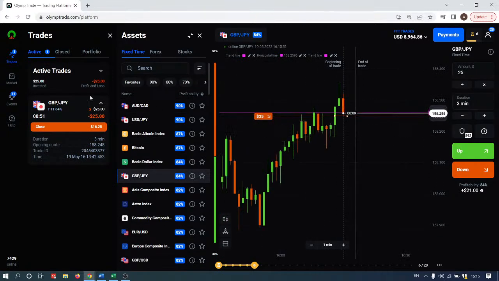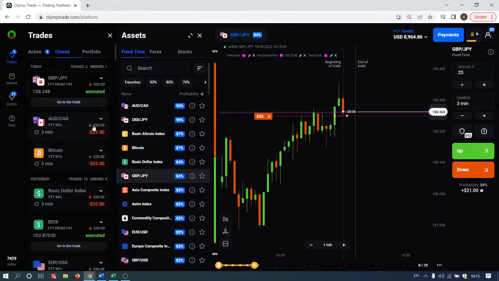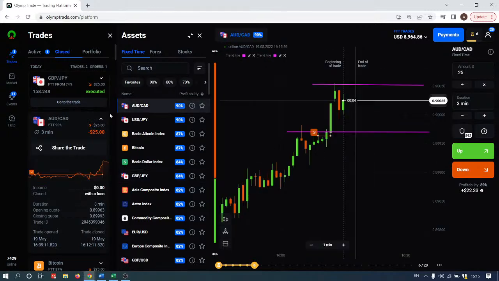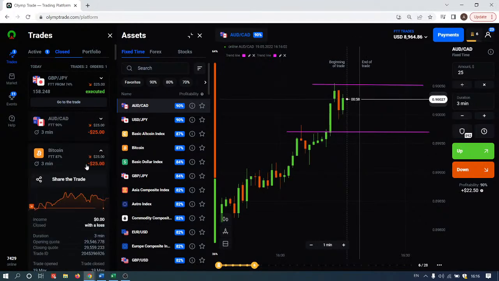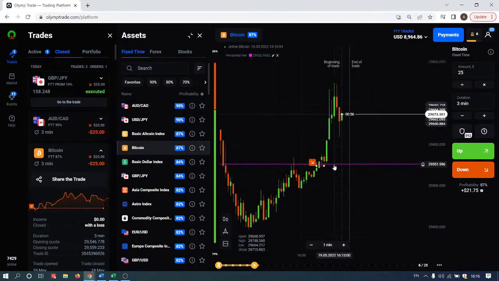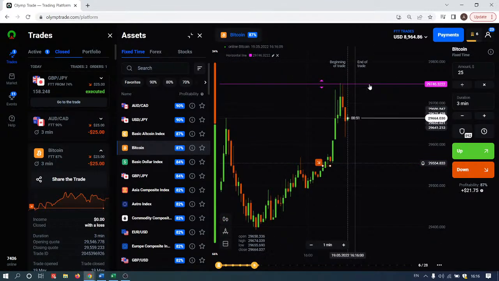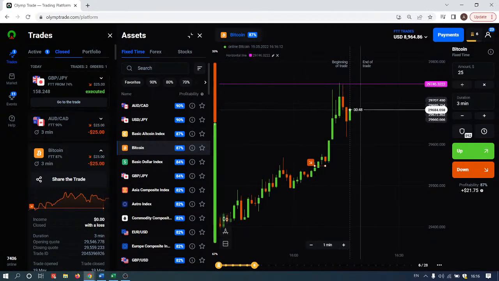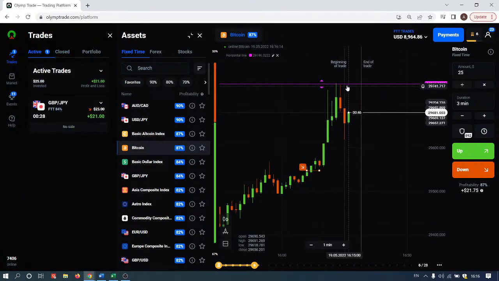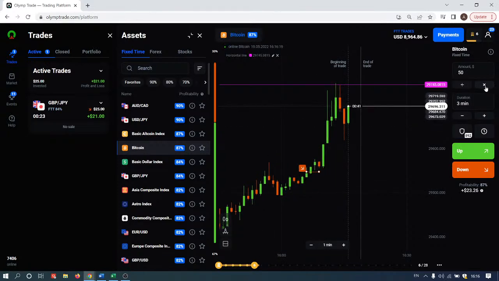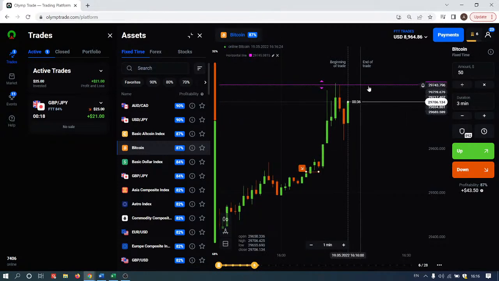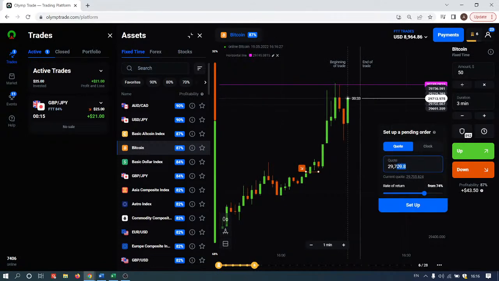Okay, guys, so what happened to my first trade? There was a breakout on Oilcut. That can happen. And what happened with my Bitcoin? All right, so with Bitcoin, there was also a breakout. Now, this is a new level of resistance here, because we all see that the price went up quickly, and then the price reversed. So we can place another trade here, and we can use our pending order